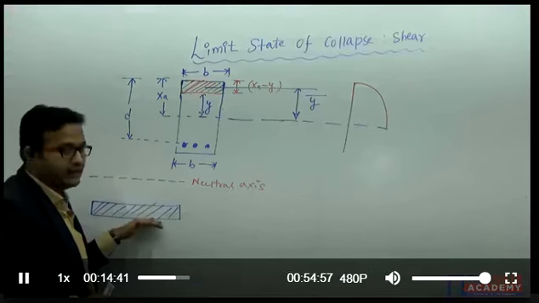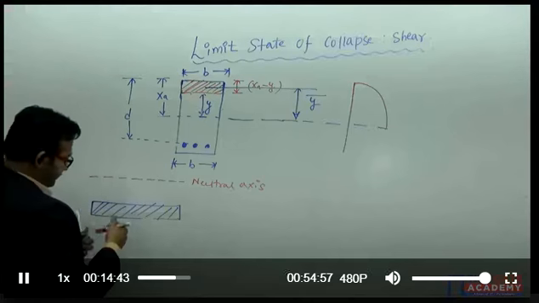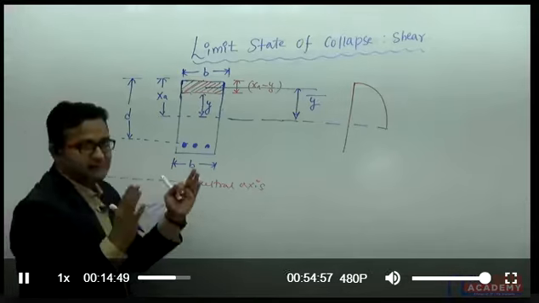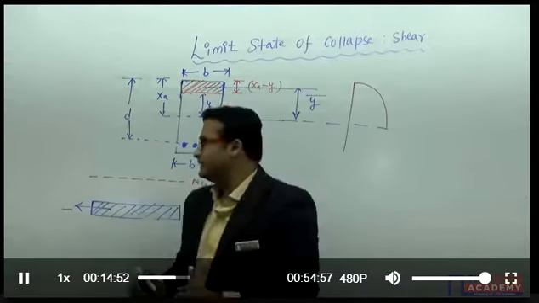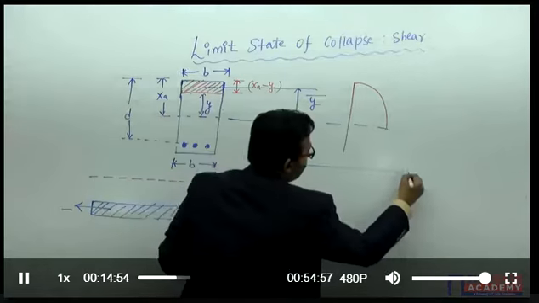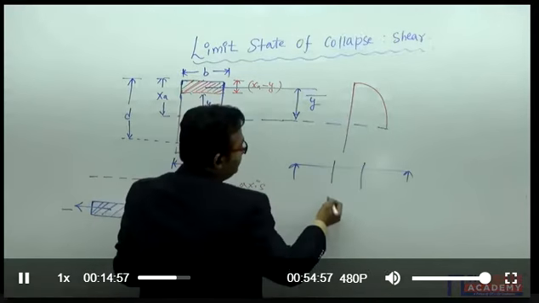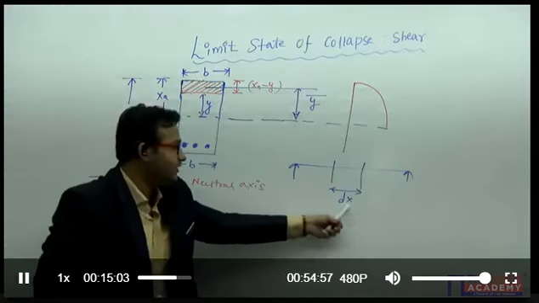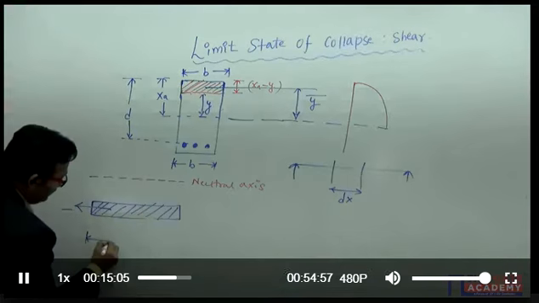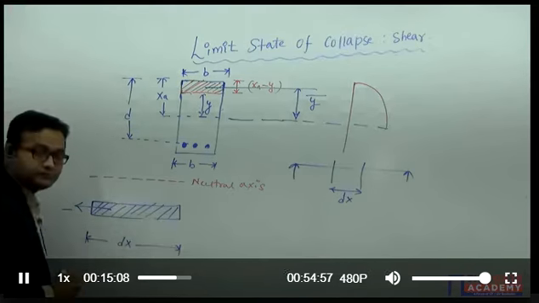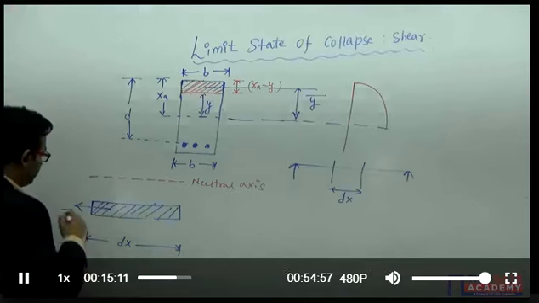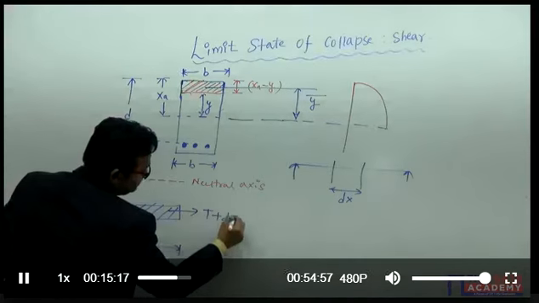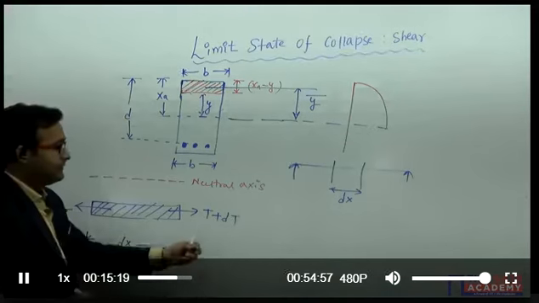The stresses I want to find here, I can say the tensile stresses taken by the steel. Suppose this is the span, I have taken one section in the beam. Suppose this is the beam and I have taken one section of distance dx. So this is your dx. The force acting here is suppose T, and here T plus dT. Definitely it will be T and it will be T plus dT.